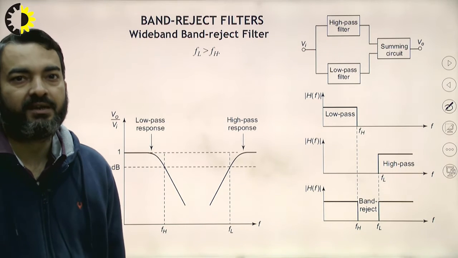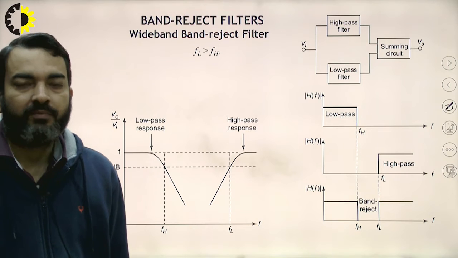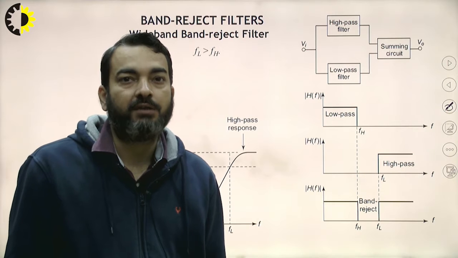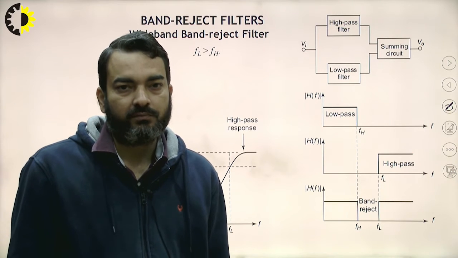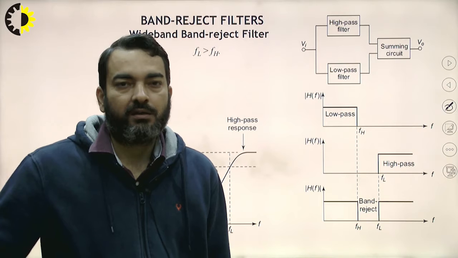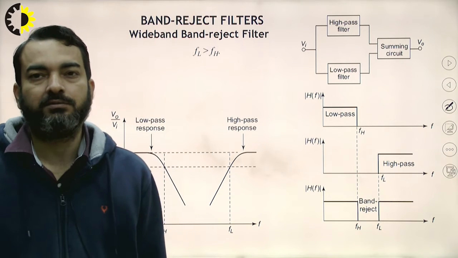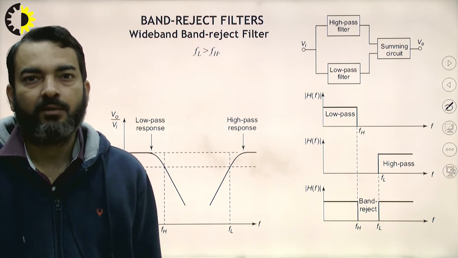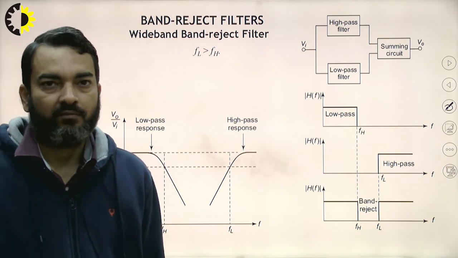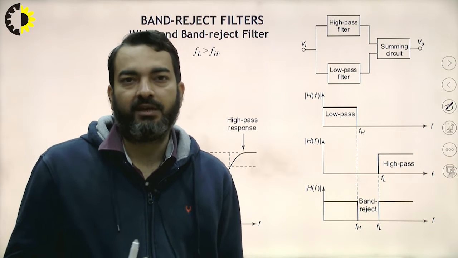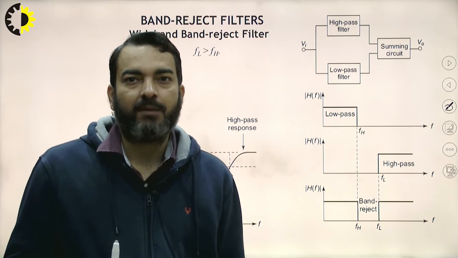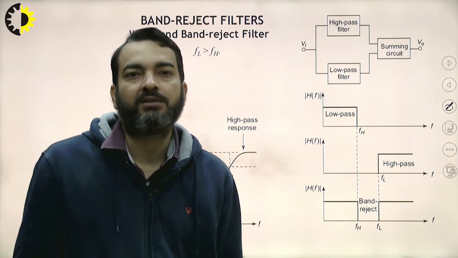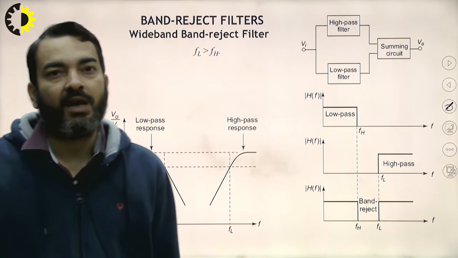Now we will see band reject filter. Band reject filters are also called notch filters if they have high Q. So we will first have a strategy for how to use high pass and low pass sections for making a band reject filter. We will see the notch band reject filter. So here we have taken the help of a first order high pass and first order low pass filter for realizing the band reject filter.